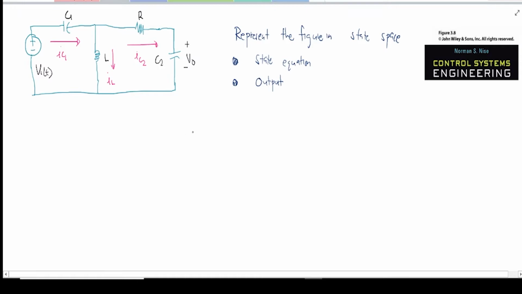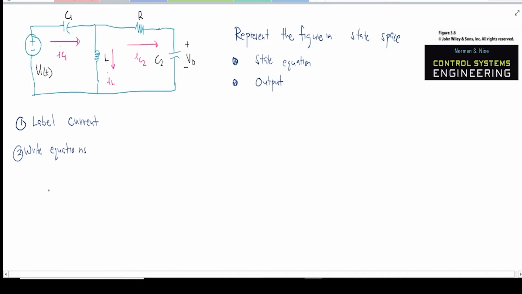So first things first, we should label the current because that is important. So I've already labeled these IC1, IL, and IC2. After this, we're going to write the equations of the storage components: capacitor, inductor, and then again capacitor. So in this case, the equation would be,